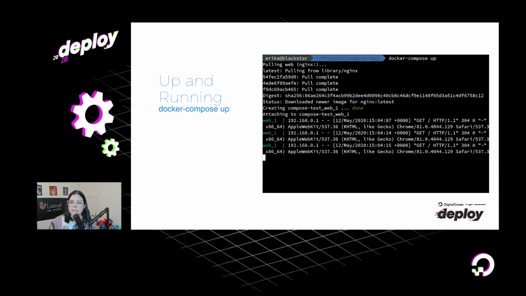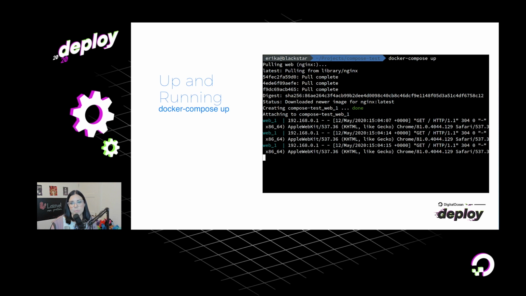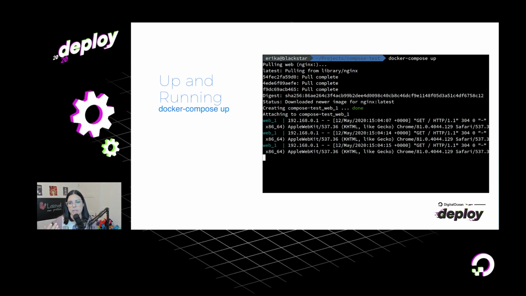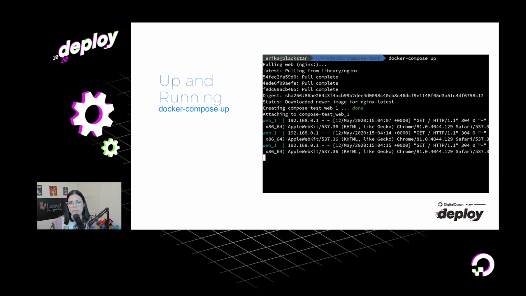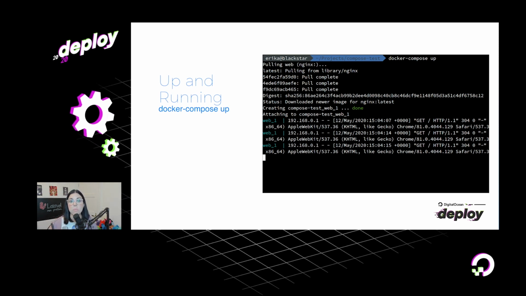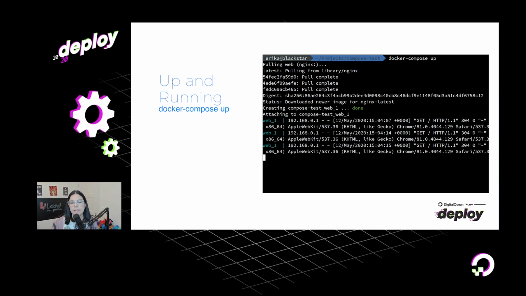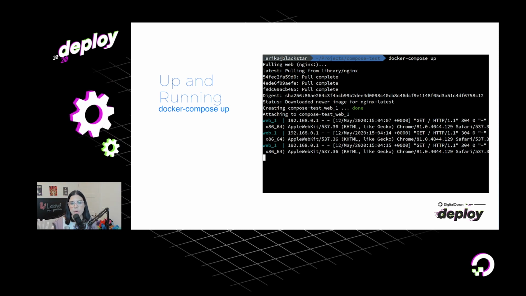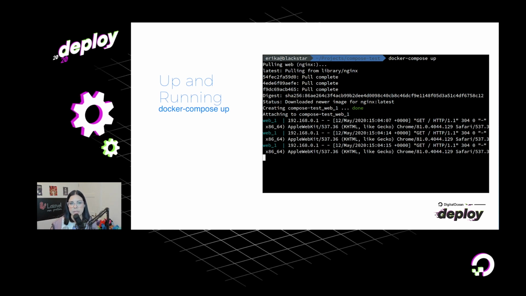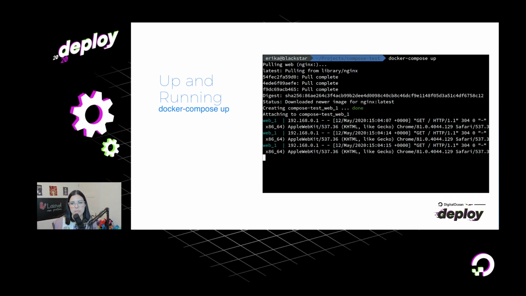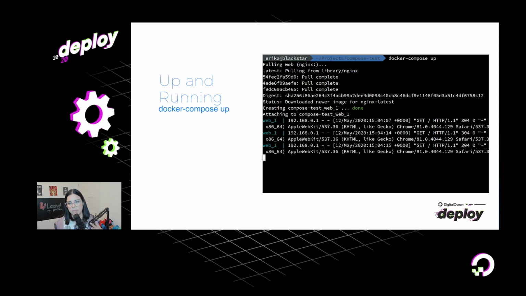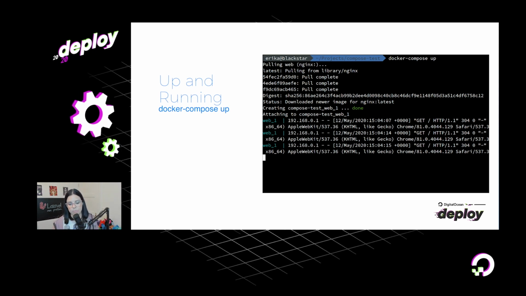Right, and this is how the output from Docker Compose up looks. You're going to see it pulling images from Docker Hub, and you have different layers that compose the image. In this case, it's running in the foreground, but usually you're going to add -d to run it in background mode, so it's not running like this on your terminal.